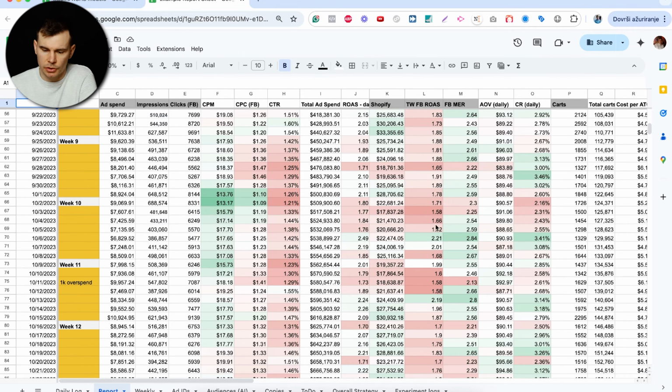So for example, here we can see that ROAS went down. So I can immediately check, okay, what's happening? CPM is actually not bad. Conversion rate dropped a bit and click-through rate dropped. Okay, so now I know what I need to work on. I basically need either to fix click-through rate or check what was happening with the conversion rate. As I said, I keep track of these on a daily basis and I can easily spot when the ROAS